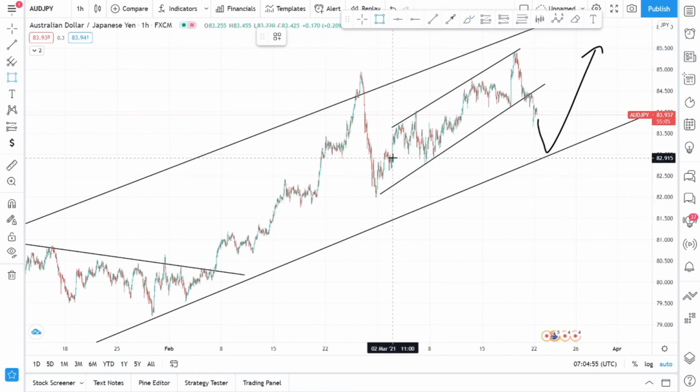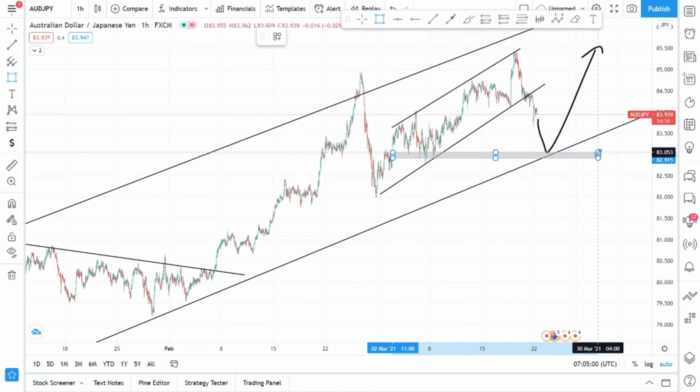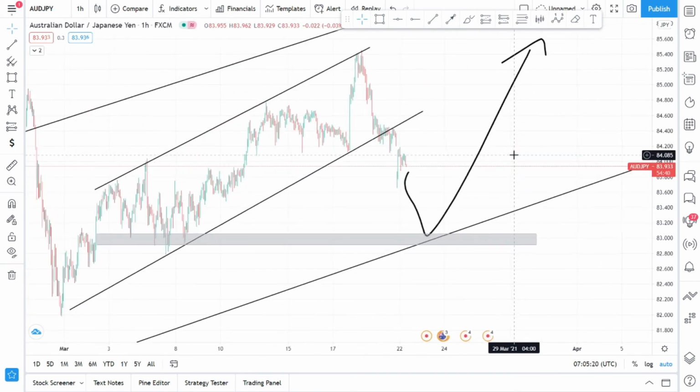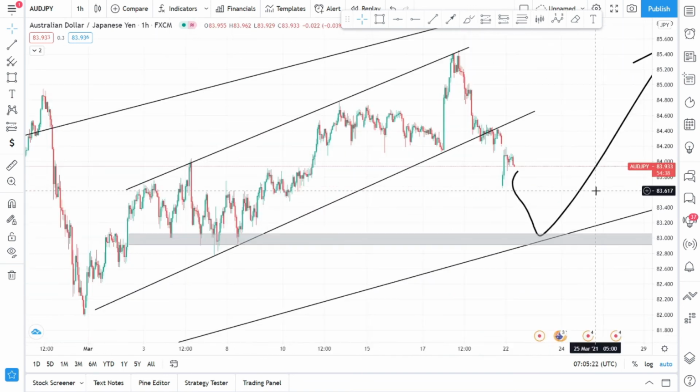I'm just reading simple price action, what the market presents to me at this point in time. Probably can bring this like that. Right there, that's a support zone, so it makes sense why the market would bounce just about there, but it has to push strongly. It can bounce here, bounce anywhere. It just makes sense as soon as it bounces off this trend line to say we are now looking for buying opportunities. So I'm not going to engage with AUD/JPY anytime soon, trying to sell this market,